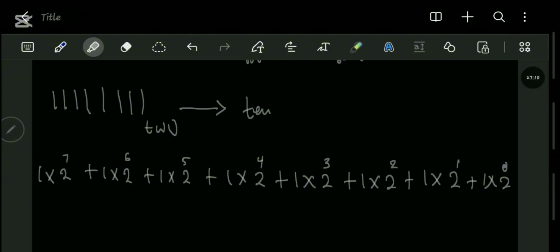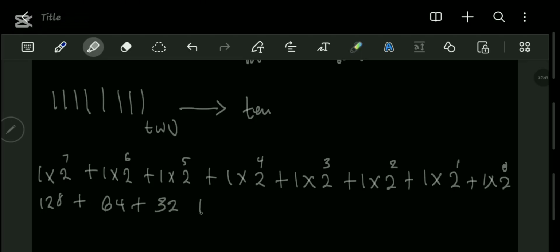So when you have 2 raised to power 7, I'm working with this exponent first. 2 raised to power 7 gives me 128, and 128 times 1 is 128, plus 2 to power 6. That's 2 in 6 places, giving me 64. And 64 times 1 is 64, plus 2 to power 5 is 32, times 1 is